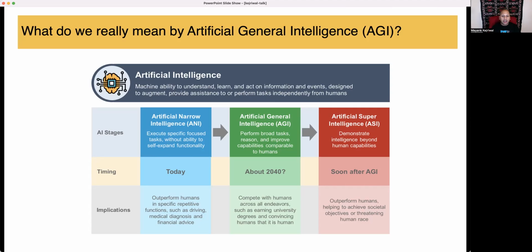Then you have AGI. This is what we are working towards, and what we believe can become possible because of large language models. Originally, the prediction was that maybe it will be there by 2040, but this was pre-ChatGPT. Now I'm hearing a lot of people say that by 2030 it could very well arrive, maybe even sooner. And we're starting to see hints of it.